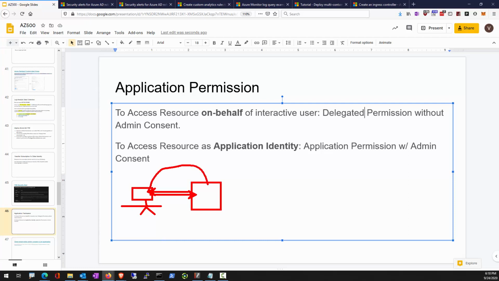The user simply delegates the web app to do things they would otherwise do themselves. For example, I may want the app to scan my calendar entries and send myself a reminder of some sort. So calendar is my resource, and I want the app to scan it for me, so I can consent